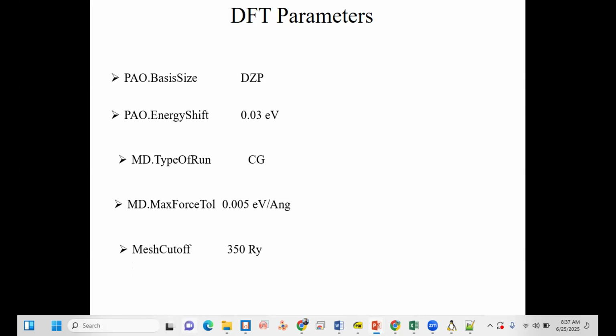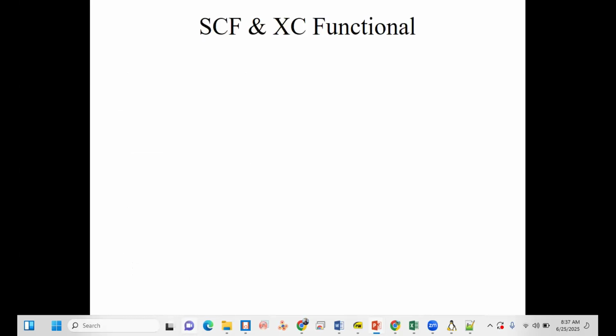The mesh cutoff, I already talked about that, it must be in the range of 100 to 400 or 500. SCF and the exchange correlation functional. So how many iterations we choose for the self-consistent field calculation, where self-consistent field calculation means the distribution of electrons must be consistent around the atoms.